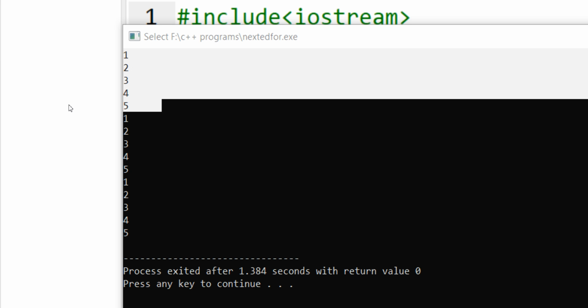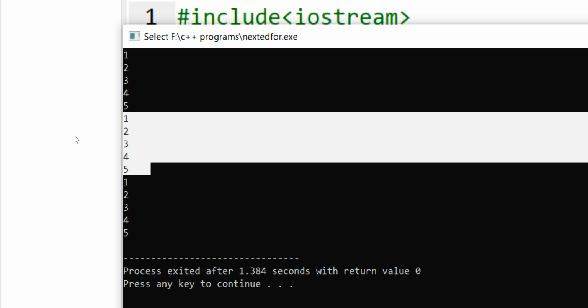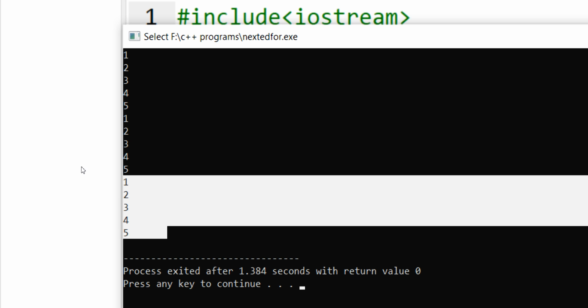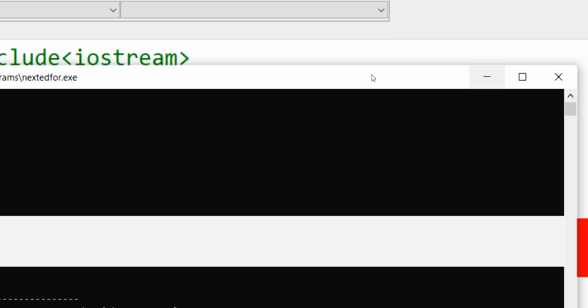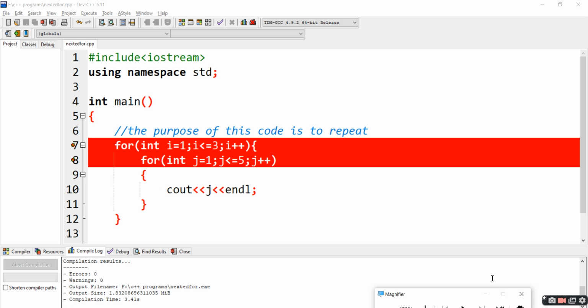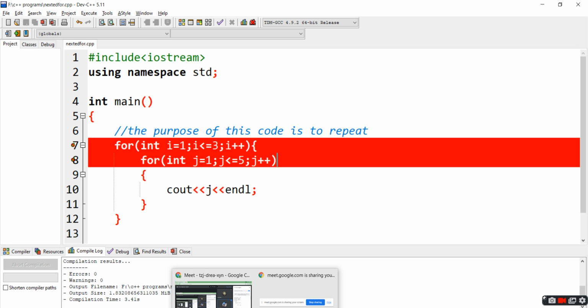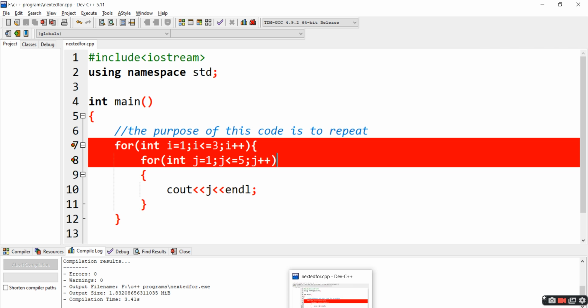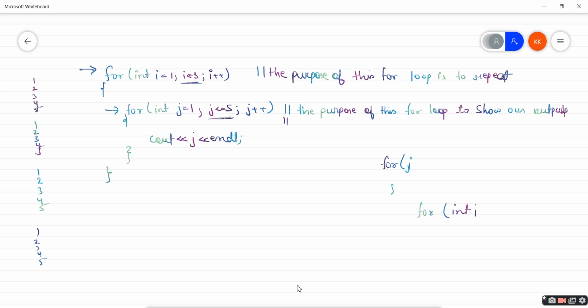Okay, so 1, 2, 3, then a new line, 4, 5. Then here it starts from 1, 2, 3, 4, 5 for the rest of 2 times, and this one the third time. So our output is okay, and this line of code is okay. But the problem is to understand. Let me try one more time.